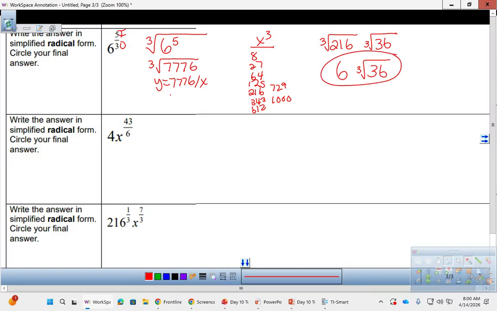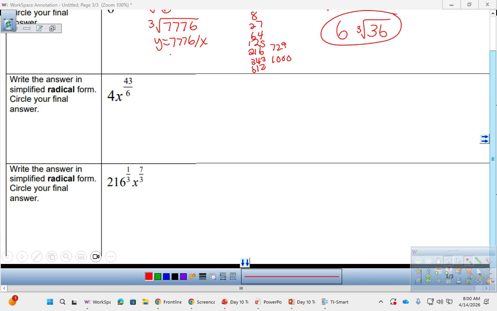Now the difference in this next one is there's this 4 in front, and that 4 is not touching the fraction, which means it doesn't go in the root. You can only make something a root if it has a fraction, and that 4 doesn't have one. So I'm going to keep the 4 in the front. This is going to become a 6th root of x to the 43. With variables, we do inside divided by outside, but that's a decimal. So what we're thinking about here is multiples